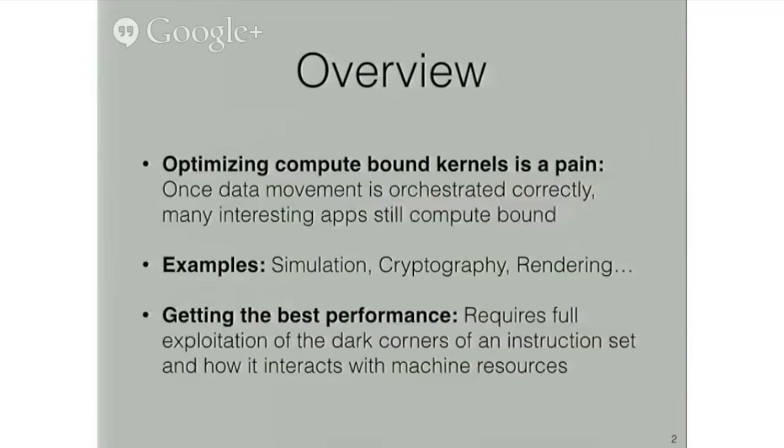So to start this talk, I generally like to begin with a bit of motivation that I think just about everybody could get behind, which is that even now, in the era of multi-core, there are still a lot of important application domains out there that are compute-bound. On this slide, I've shown just a couple of examples, whether they be scientific simulations, cryptography, rendering programs. I could go on and on with this, but as I'm sure anyone who's worked in any of these areas, or maybe even yourself would agree, obtaining really high performance optimization in these areas is very painful.